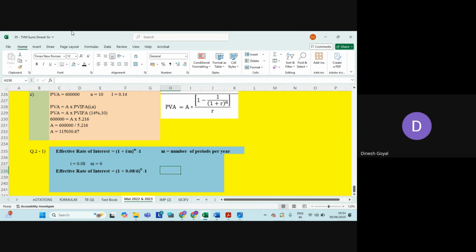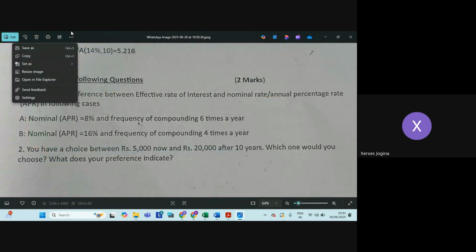So how much will this come? See, I will tell you, 0.08 divided by 6 is this much. So this is this plus 1. And this is equal to this into